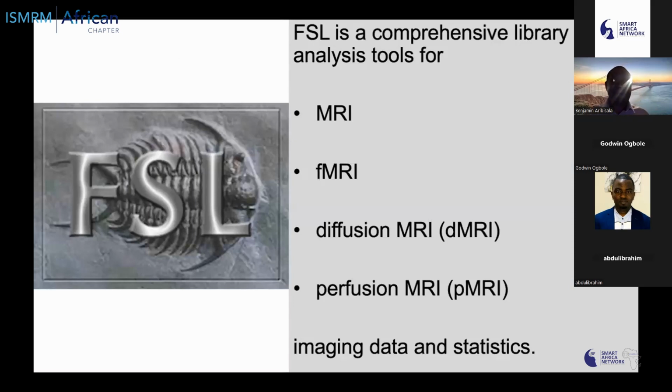Now, I start with FSL. FSL is a very comprehensive library of image analysis tools, developed by the team in Oxford University. So FSL stands out because it allows you to do a lot of things. You can process MRI images, functional magnetic resonance, resting state images, diffusion, perfusion, all kind of